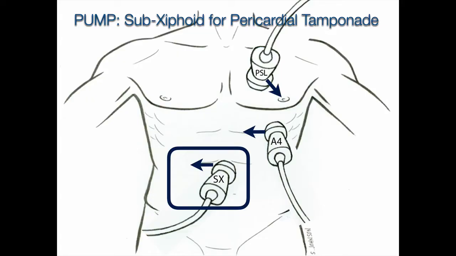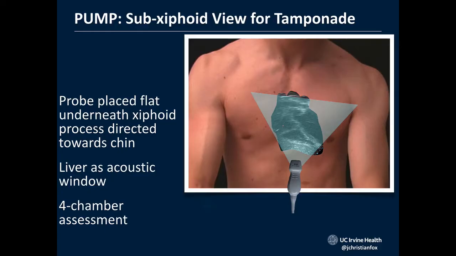Now, switch gears again with the pump. We talked about the EPSS using the parasternal long. We talked about comparing the right and left sides of the heart with the apical four-chamber. The other thing that causes shock is pericardial tamponade, and we're going to be using the subxiphoid view primarily to pick up that diagnosis. The trick with the subxiphoid view is to get right underneath that liver and aim the